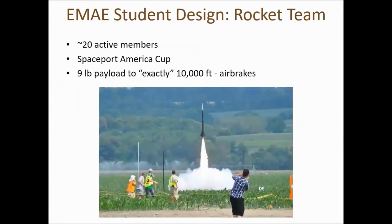The rocket team, you saw a picture of one of their rockets on the front page. Here's one of their other rockets that was launching very nicely. They have about 20 active members. This year, they had intended to go to the Spaceport